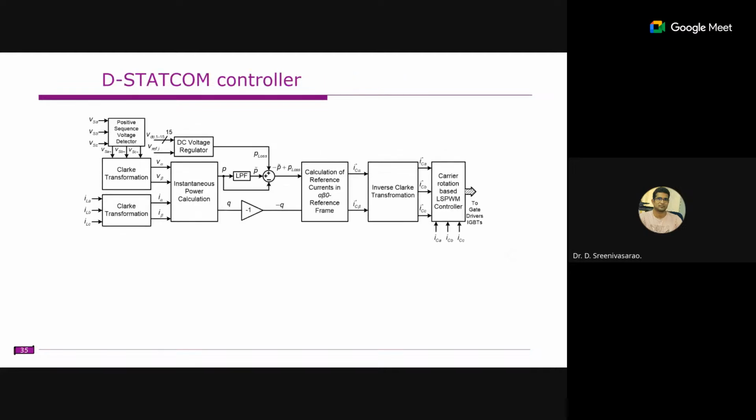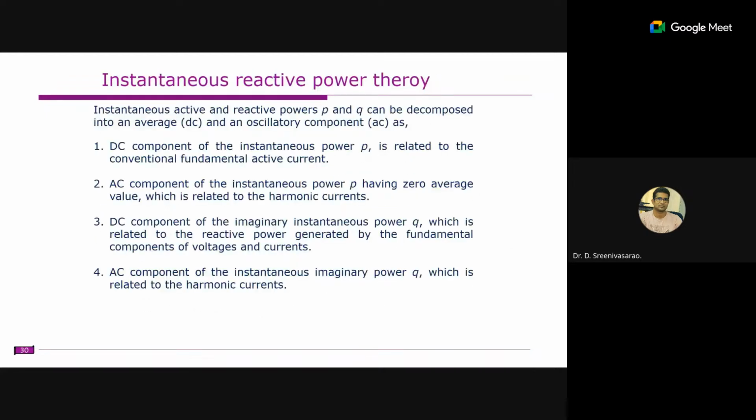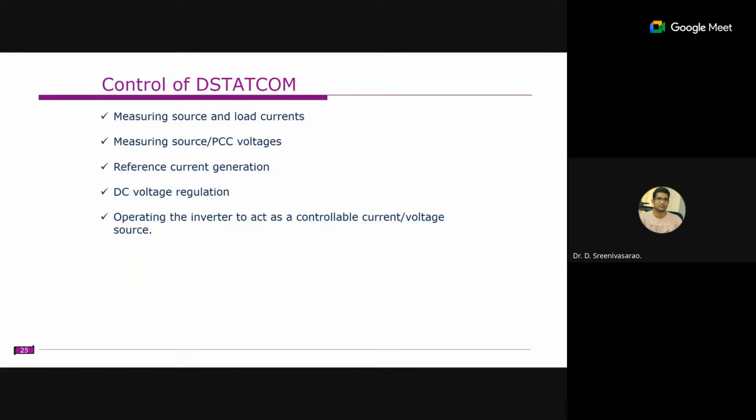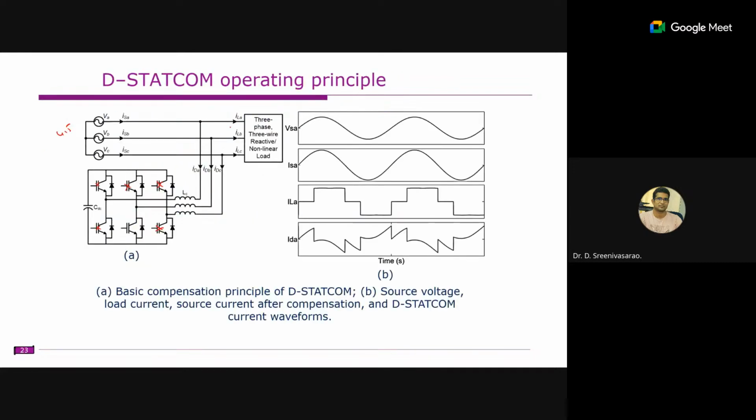So the overall controller will be something like this, as we discussed. Similar to the rectifier units, or the grid integration, if you want higher levels or high voltage applications, the basic control is the same. The only thing is that the inverter will vary. Depending on the application, sometimes we use a 2-level inverter, 3-level inverter, or some cascaded H-bridge inverter, or other modular multilevel inverters. That will change, but the basic control philosophy will remain the same.